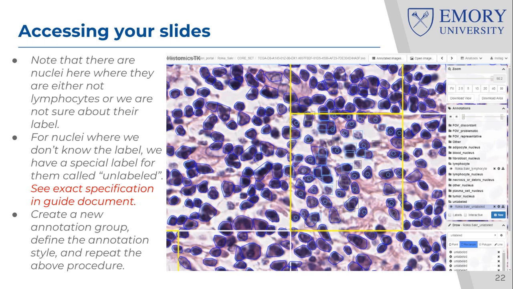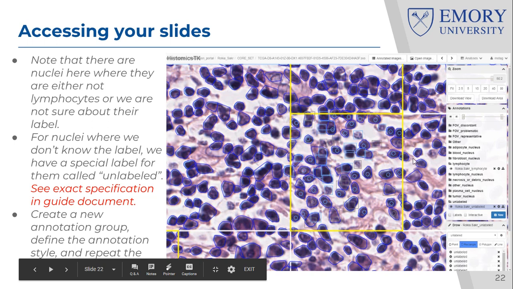And only after you've done this for a few fields of view, maybe at least 10 fields of view, and you're comfortable, you know what a lymphocyte looks like, you know what a tumor cell looks like. Only when you've done that, then you can label vague cells as unlabeled, okay? So this is very important. We don't want to escape from labeling things just because we're not experienced. But if we are experienced, for example, you're a senior pathologist and you're saying, you know what, I really can't tell, I really need immunohistochemistry to know this, then if the nucleus really cannot be told from H&E, you use the label unlabeled, okay?